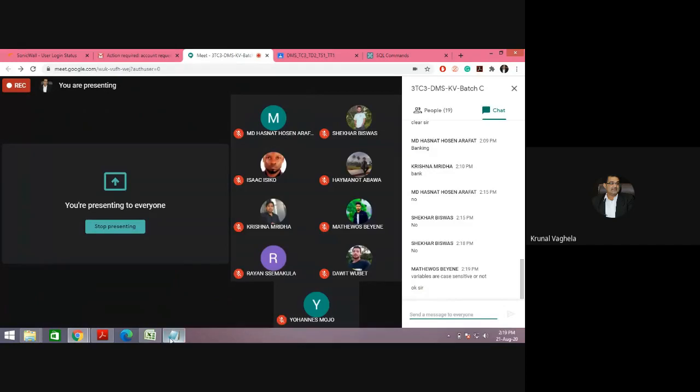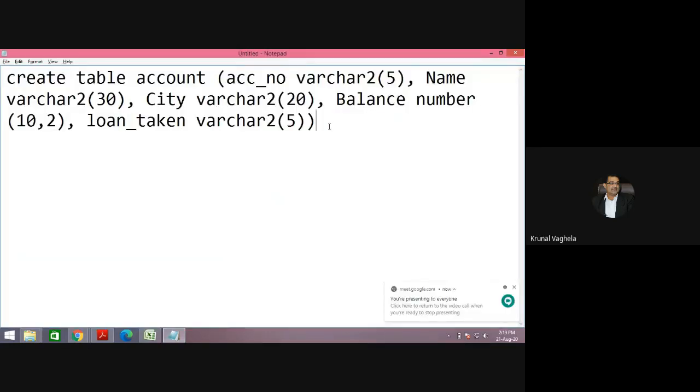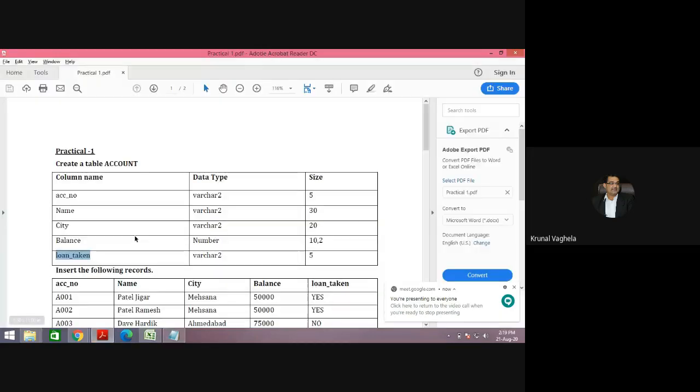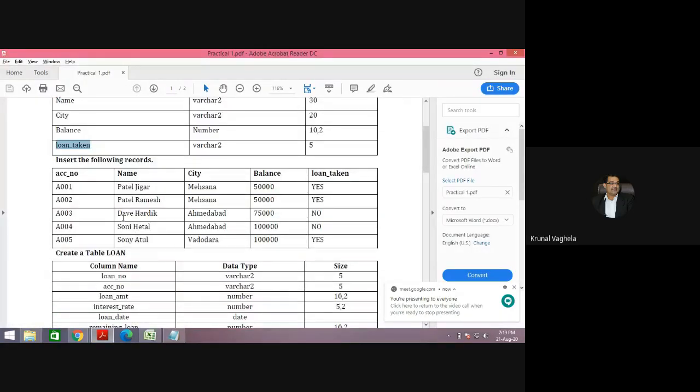I'll tell you. So this is to create. Now we want to insert the data. Here, we will insert the data row wise. So first row, we need to insert this, where account number is A001, name is Patel Jigar, city is Mehsana, balance is this, and this is this.